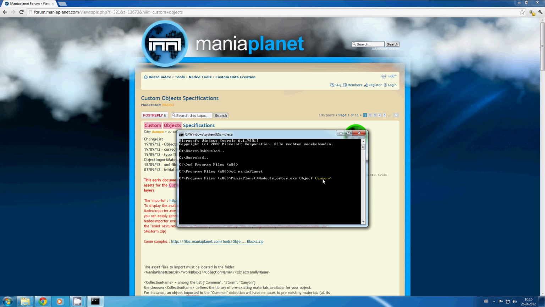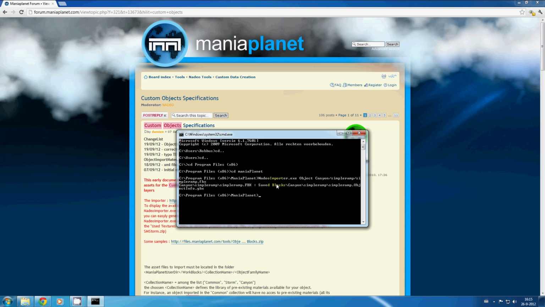Canyon Simple Ramp, and then the FBX file, Simple Ramp.fbx, and let's start converting. Okay, the importer has converted our FBX file and the textures to a GBX file,